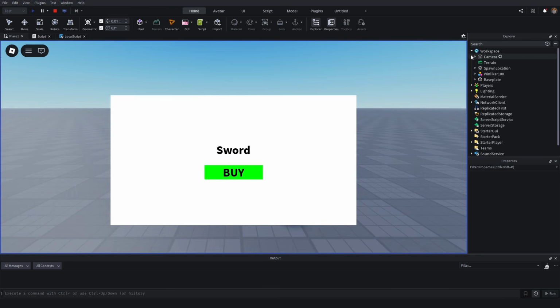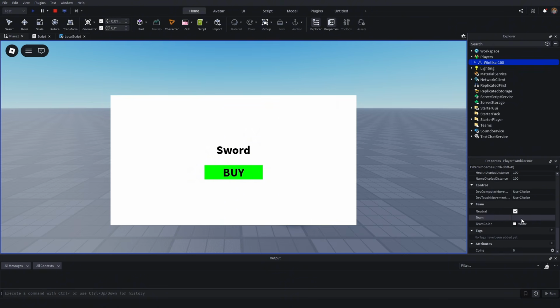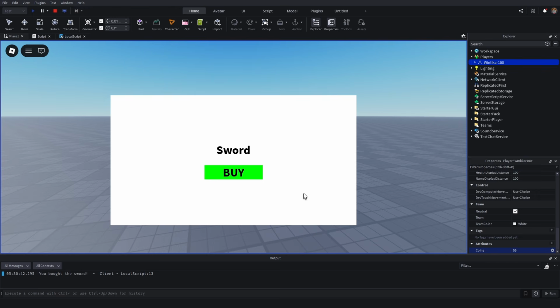Well, let's say I was a hacker and I go straight to my player here, then go to coins and set it equal to 55, and then buy it. As you can see, now it says you have bought the sword, even though if we go to the server,